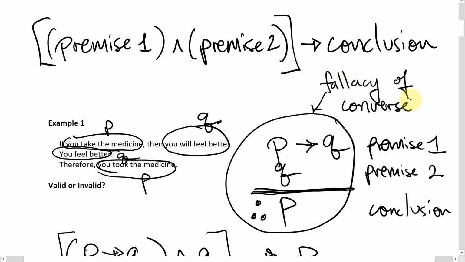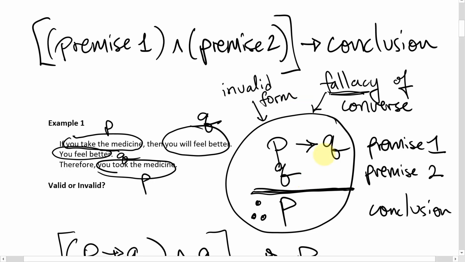It's because the converse is not logically equivalent to a given conditional. And if you began with the first premise as a conditional, to then assume that Q is true and conclude that P would therefore be true as well is sort of assuming that the converse is equivalent to the given conditional, and it isn't, and this is an invalid form. So fallacy just means an invalid argument. So that's what you saw in example one, was a form that was the fallacy of the converse and therefore